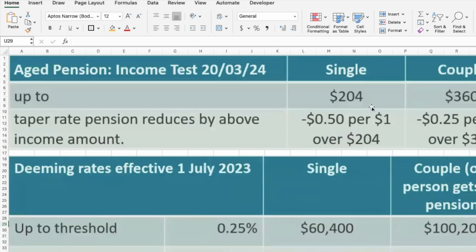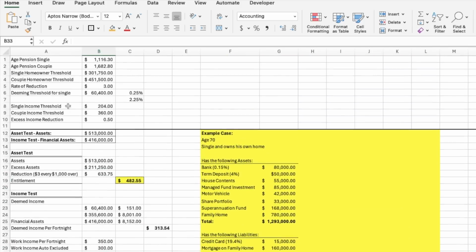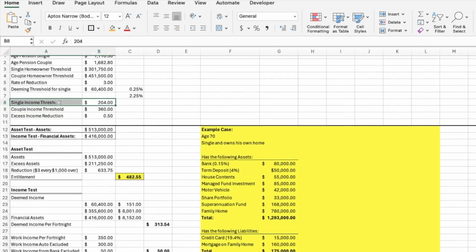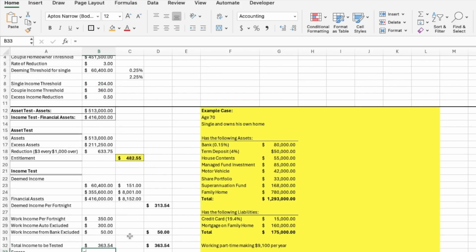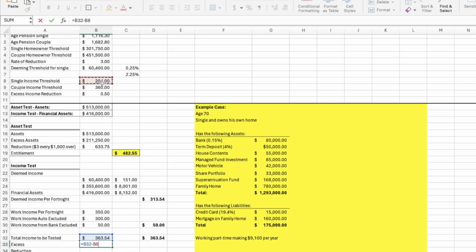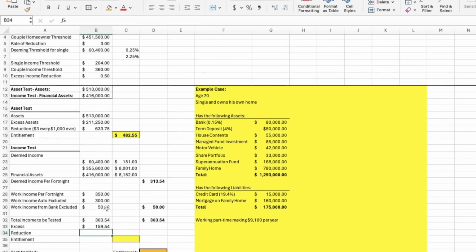Now let's look at our excess amount. So if we look here, for a single, anything over $204 a fortnight is excess income, and for a couple it would be $360. And all that excess income, for every dollar over the limit, which is $204, it reduces our age pension by 50 cents. So I have that up here to make things simple as well. So in this case, we're dealing with a single. So to get the excess amount, we take our total income minus the threshold, which is 204 for a single, giving us